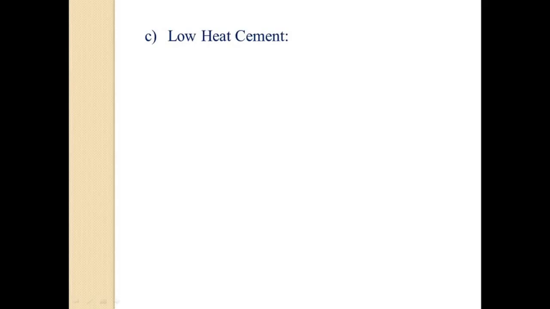In the last lecture, we discussed the adulteration of cement, how to examine and determine this adulteration in cement. And we also started the different types of cement. In that, we discussed the ordinary Portland cement and rapid hardening cement. Continuing with this, we are discussing the low heat cement.